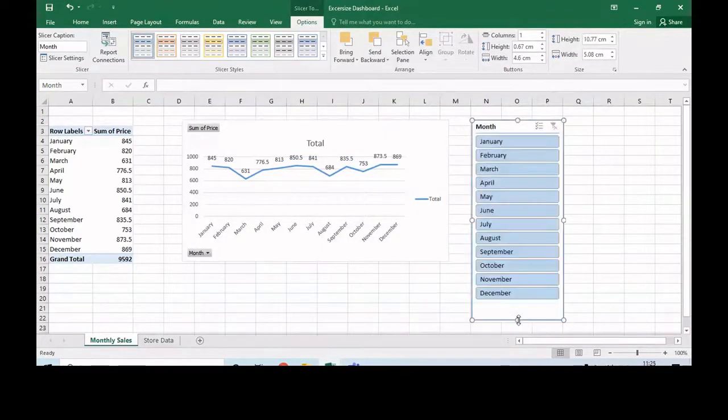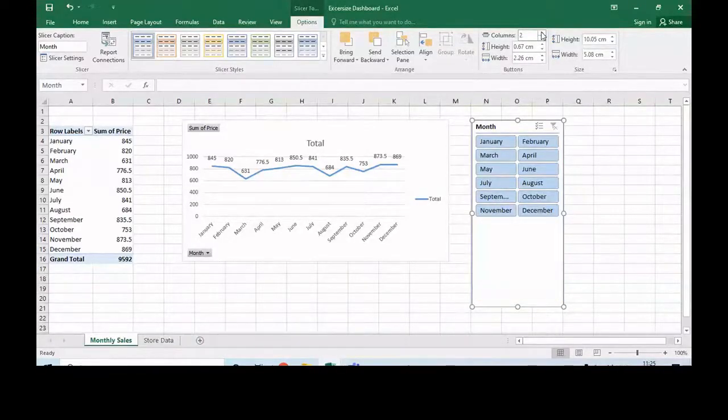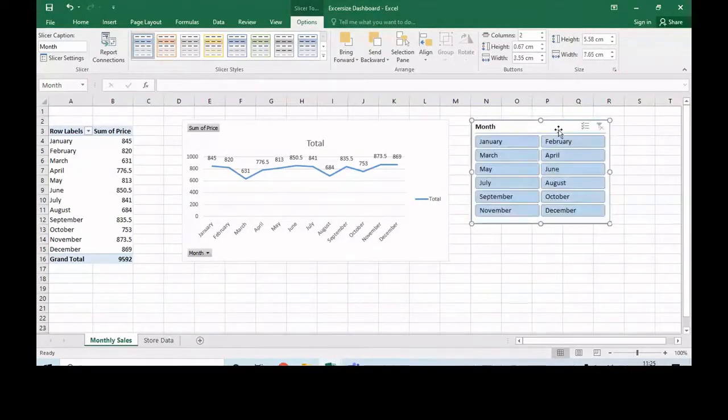You can just expand it so that you can see, or else you can present this in two columns, because you have a lot of space over here, so you can present them in two columns or three columns. In this option you see this button group of functions. In this, the first is the column. You can just increase it. I have increased it to 2, so it's okay. I have 2 now. So let me reduce the size of this slicer.